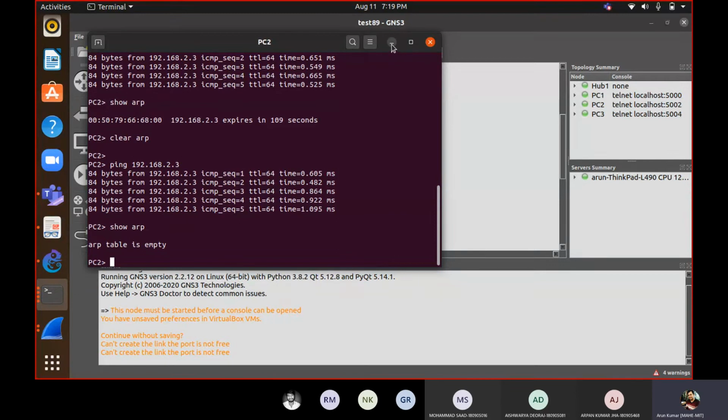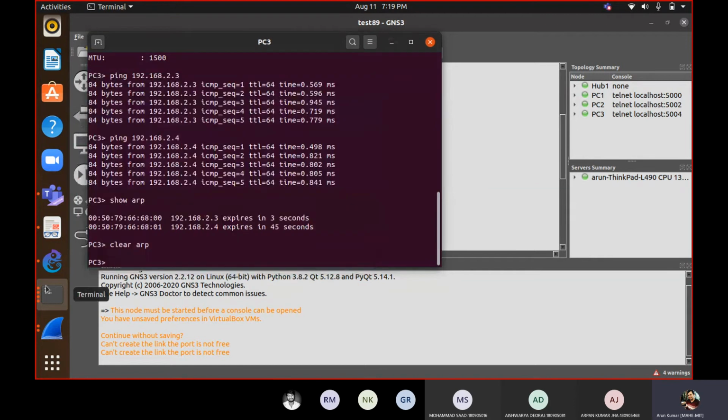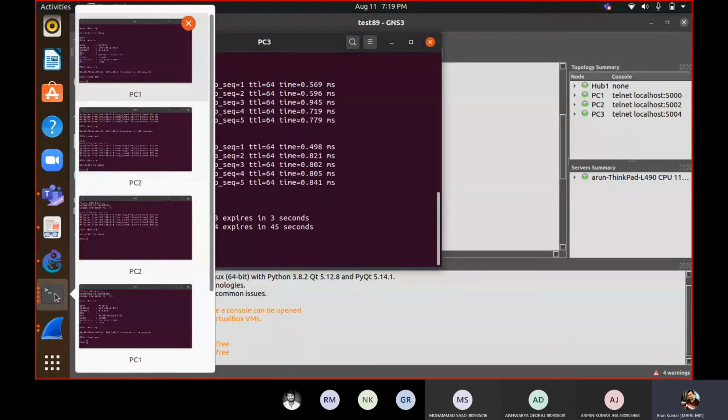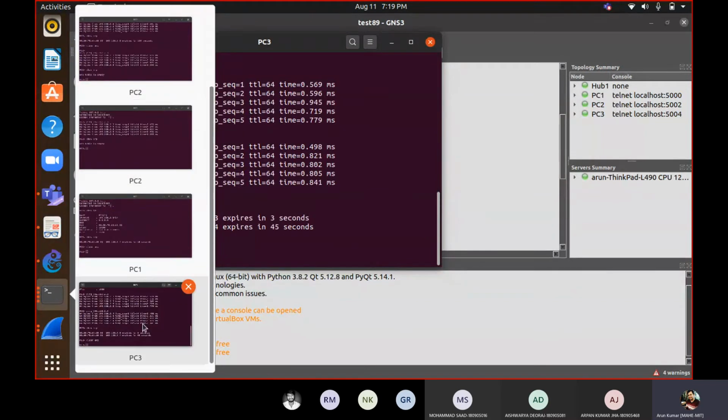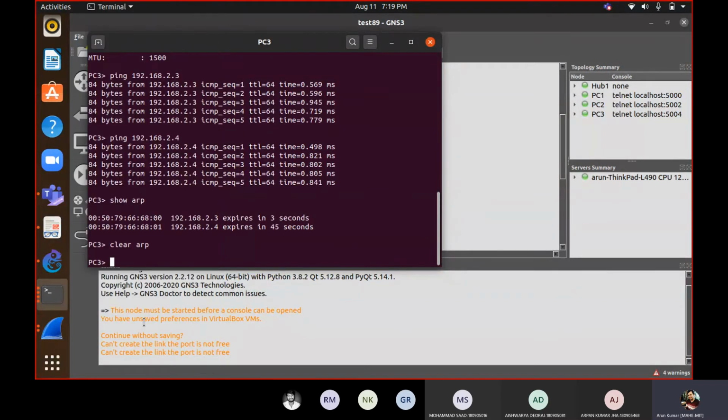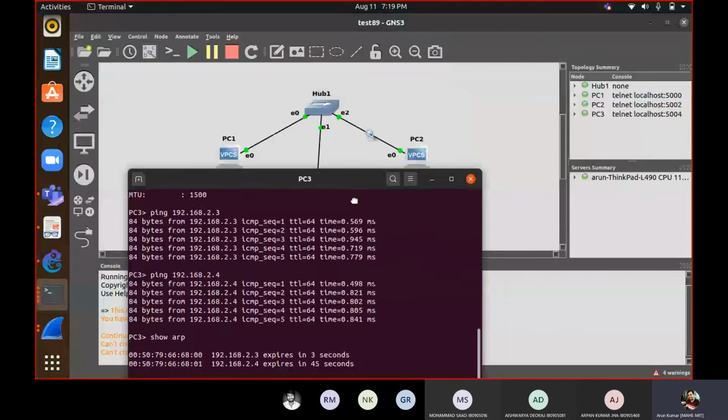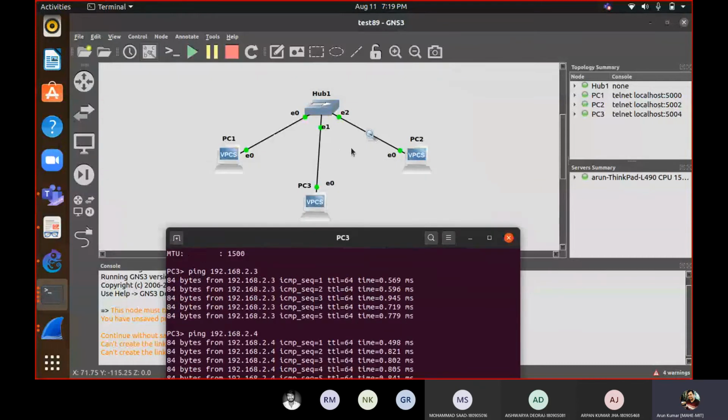Now from PC3 to PC1 we will communicate and then see what will happen to that link. PC3 is .5, and we are communicating from this PC3 to PC1 and we are capturing packets here.